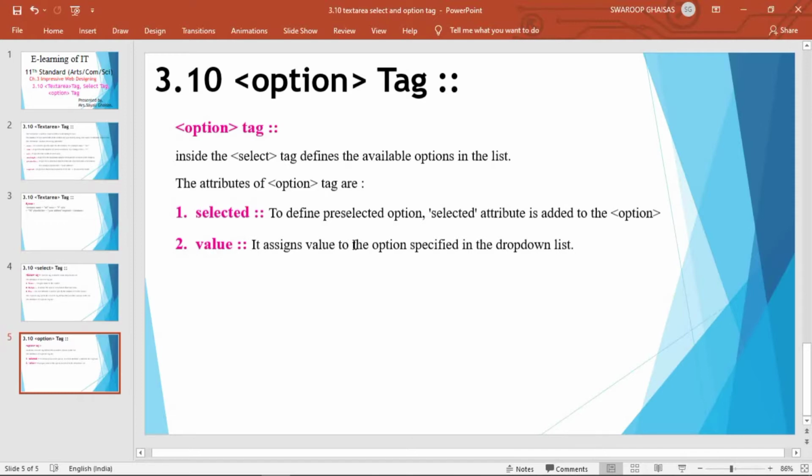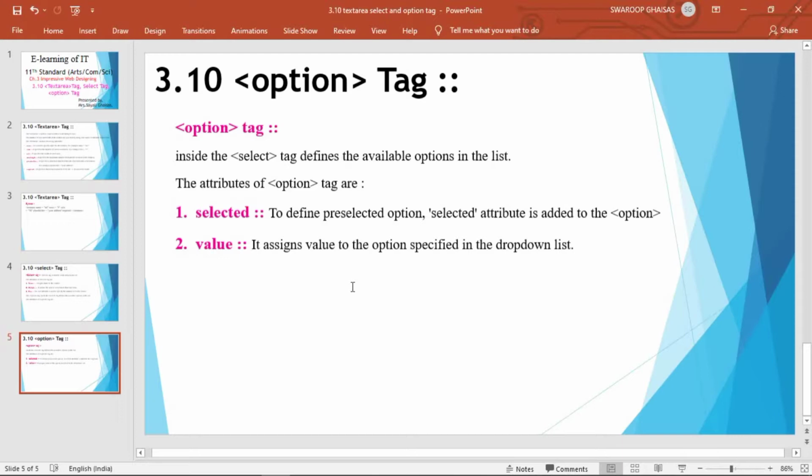Then the value attribute is used to specify a value to the option specified in a drop down list. See, if there are colors in your drop down list like red, green, blue, then whenever the user selects red, which value is to be submitted to the server can be set with the help of the value attribute. So if the user selects red, one value, or R, is to be submitted, and that can be set with the value attribute.